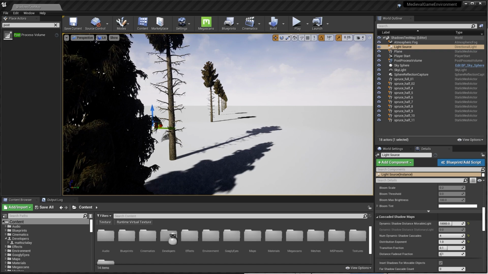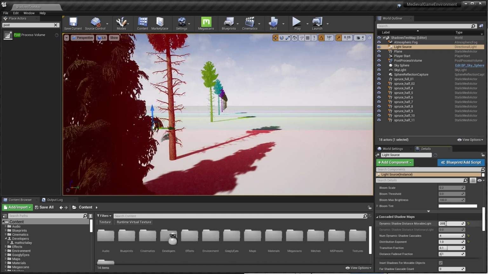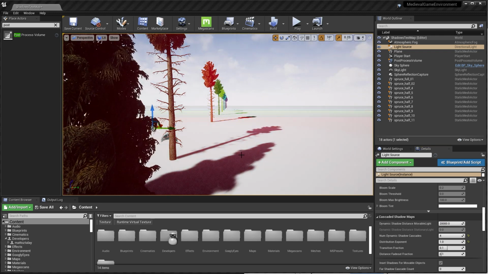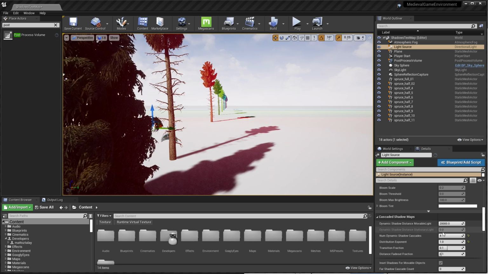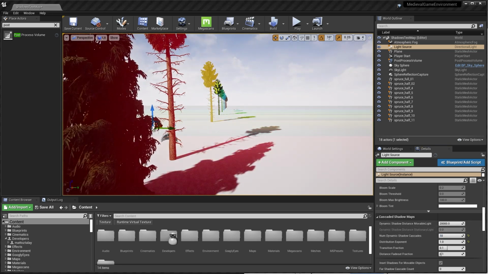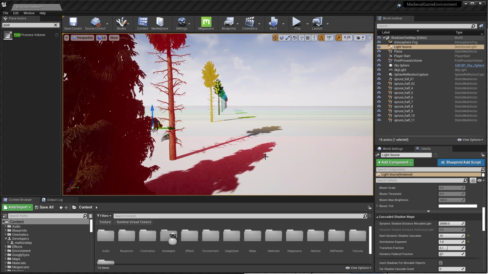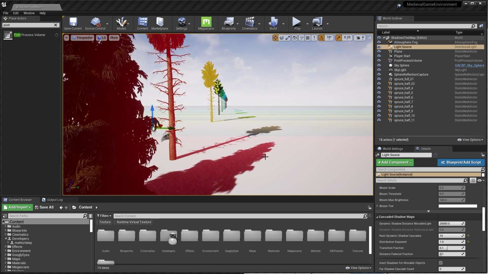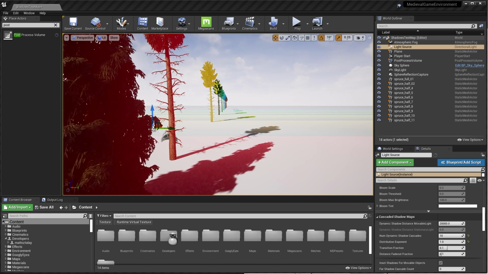As I increase the dynamic shadow distance to get shadows on those further trees, we can see the shadows cast from the nearby trees start to get blurry. We're effectively decreasing the texel density of our shadows. To solve this, I could increase the number of cascades. That way more cascades would cover the same distance, thereby bringing my shadow texel density back up. This method has the drawback of increasing both the memory needs and taking more time to render.